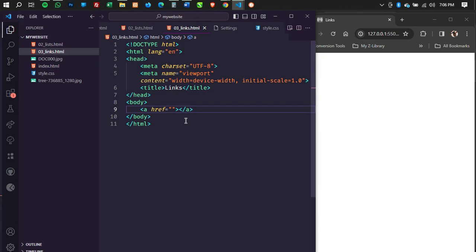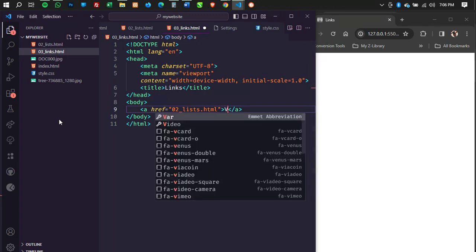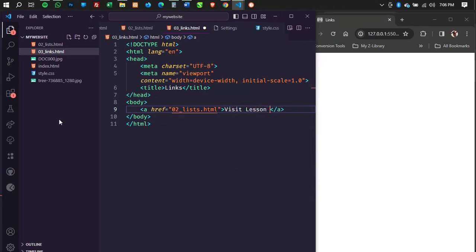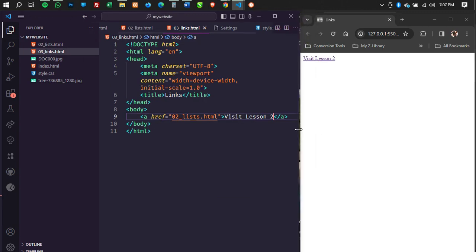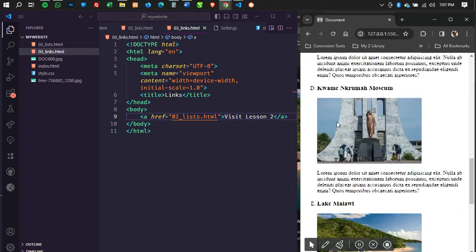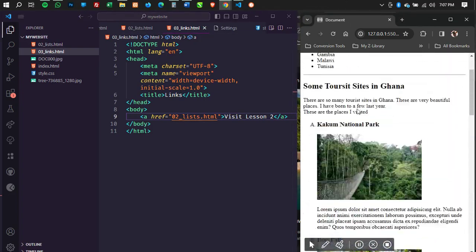It is taking you to a particular place, and we reference that with the href. So we can say when we click on links, it should take us to the second lesson, which is 02_list.html. And then let's give a name to the link: visit lesson two. Now, when we click over here, you realize that it opens lesson two for us.